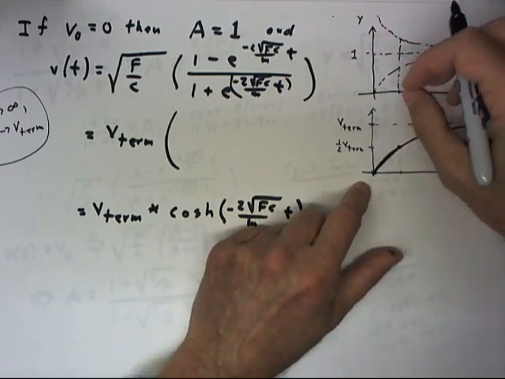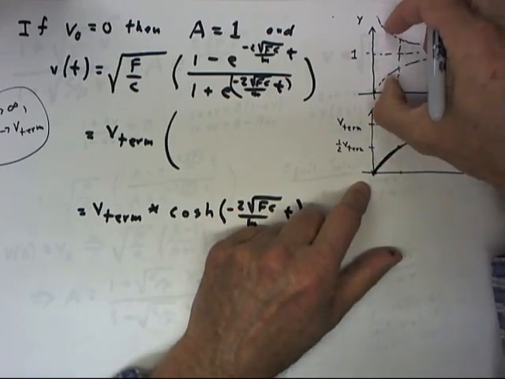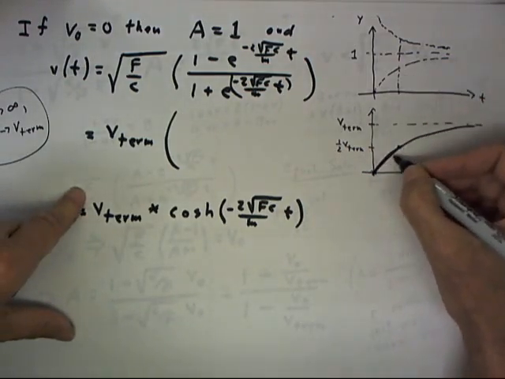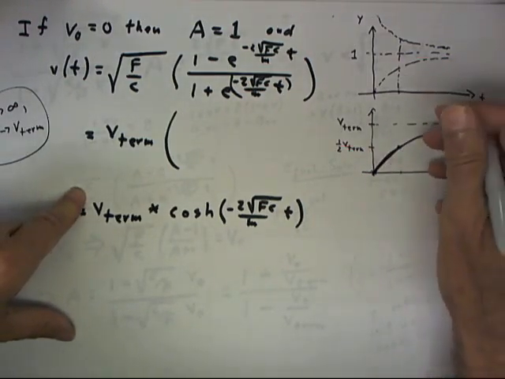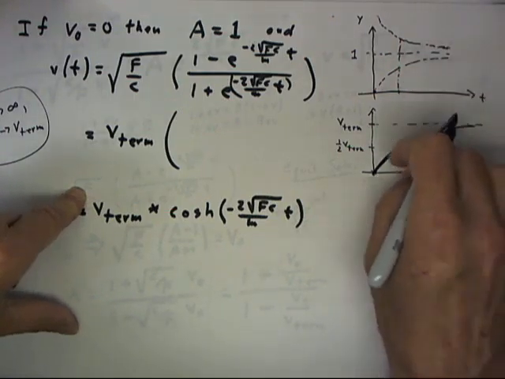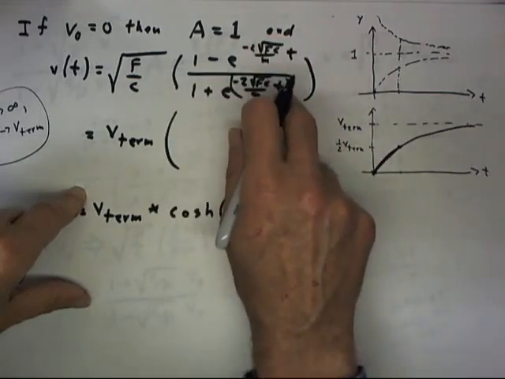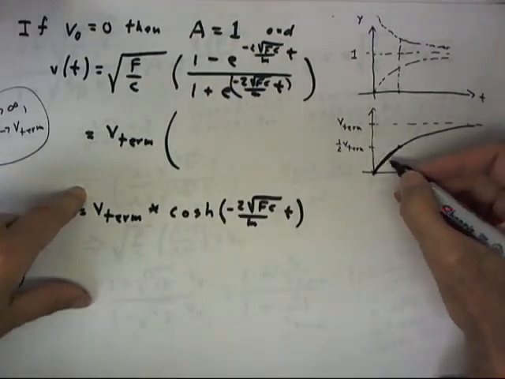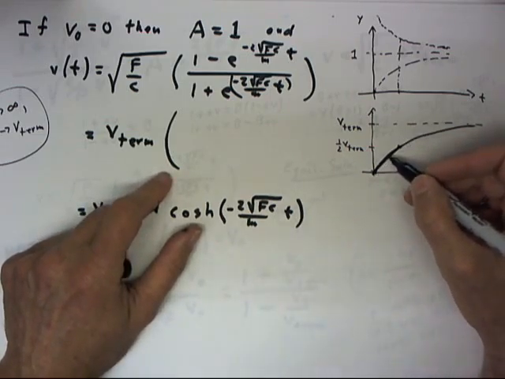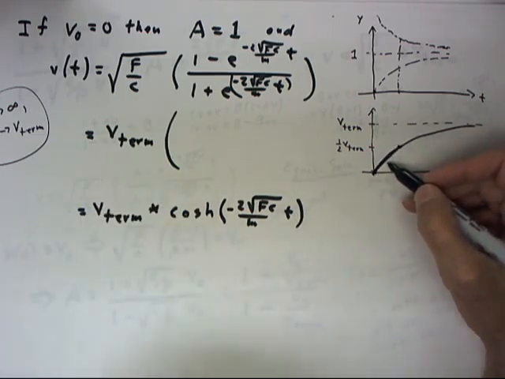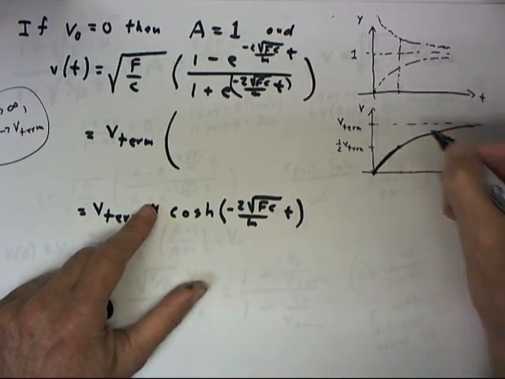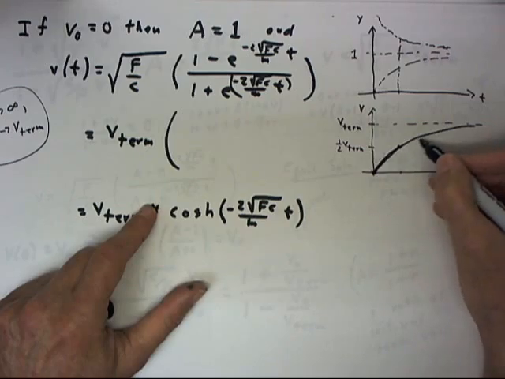We could evaluate this function as a fraction of this function for a number of different values of t and get an even better picture of what the graph looks like, but this graphical illustration of the nature of this ratio should be helpful. And this also gives us the intuitive idea that the velocity, and this is the velocity versus t, the velocity function